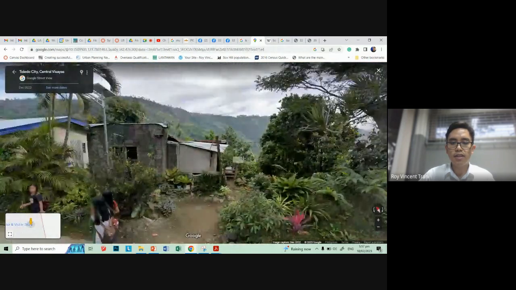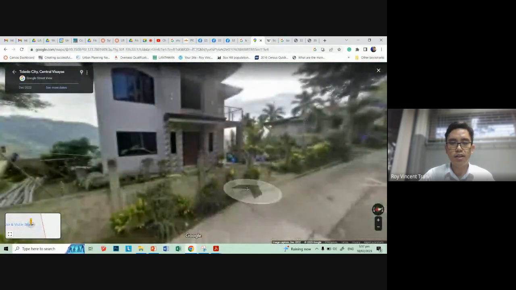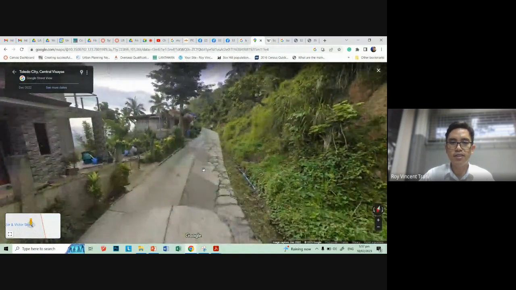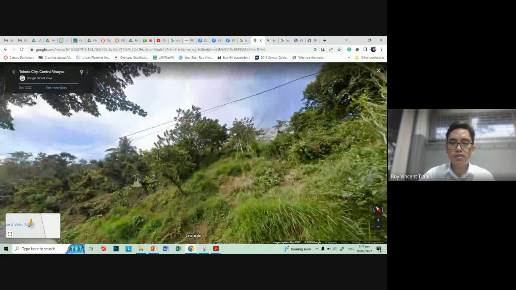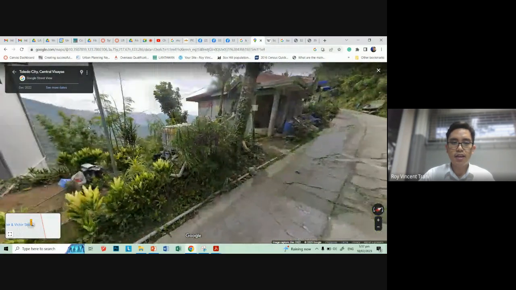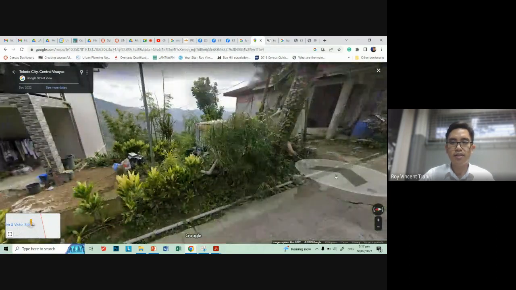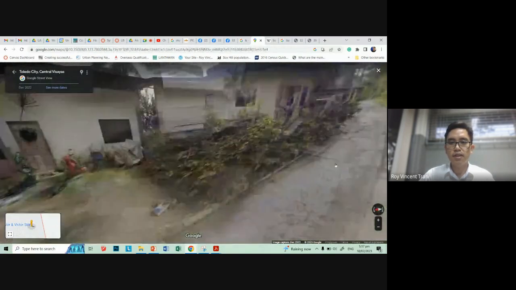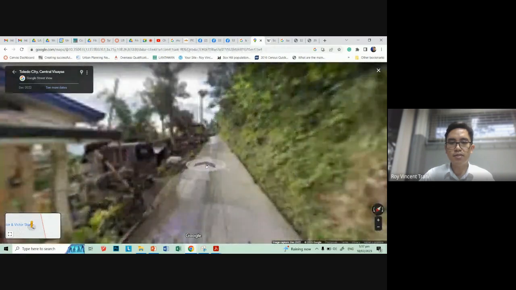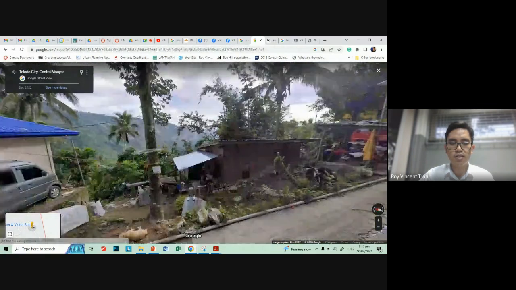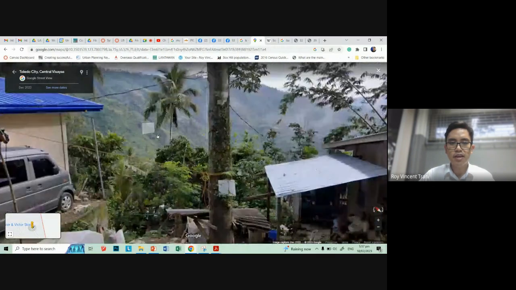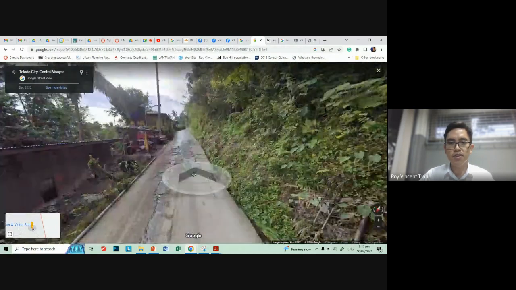If you look at this area, there's a lot of houses, there's like a modern house here. You can see their houses up here, and then they go all the way down there, downstream. So we're basically at the top of the mountain. Elevation is about 600 meters from sea level. And you can't really see because there's a tree in the way.